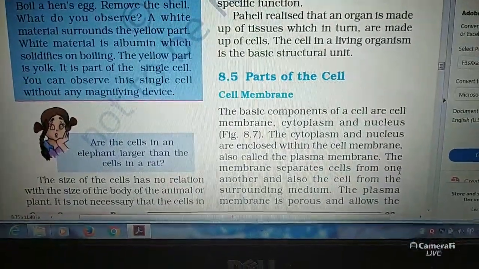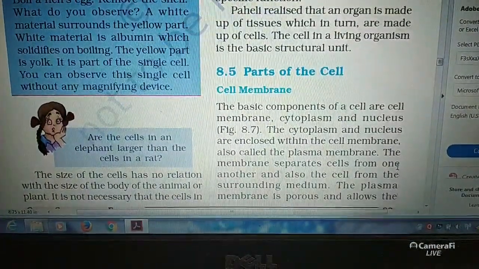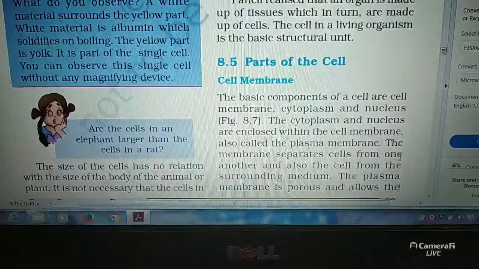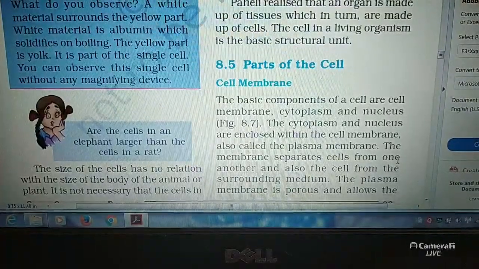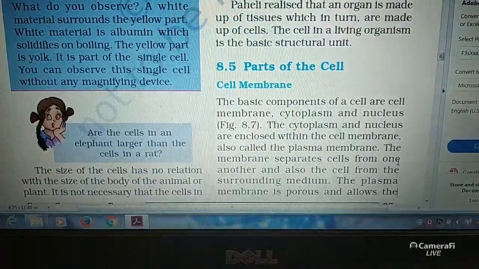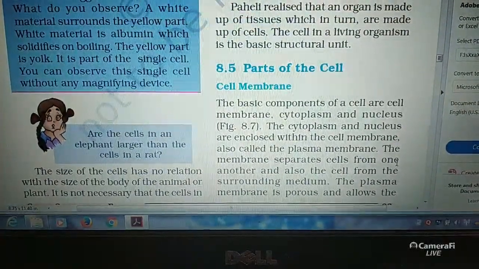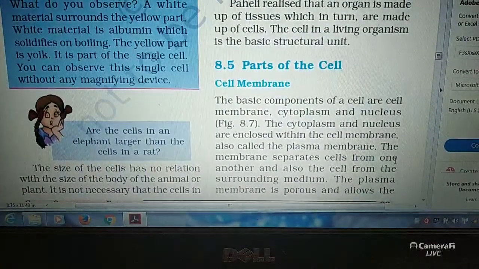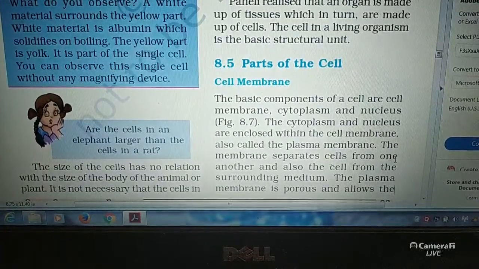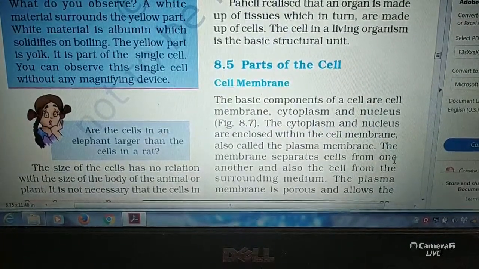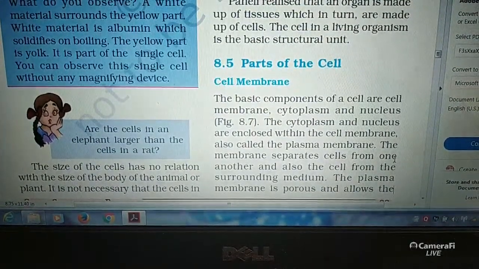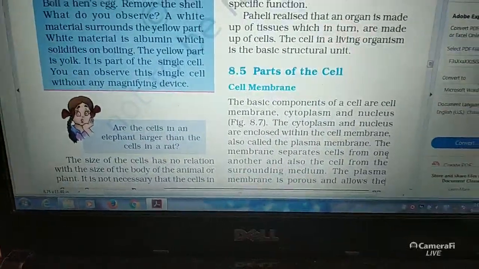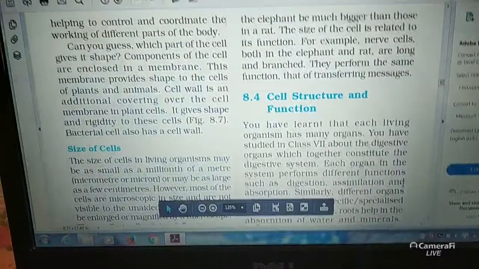Parts of the cell. The basic components of the cell are the cell membrane, cytoplasm and nucleus. The cytoplasm and nucleus are enclosed within the cell membrane, also called the plasma membrane. The membrane separates cells from one another and also the cells from the surrounding medium. The plasma membrane is porous and allows